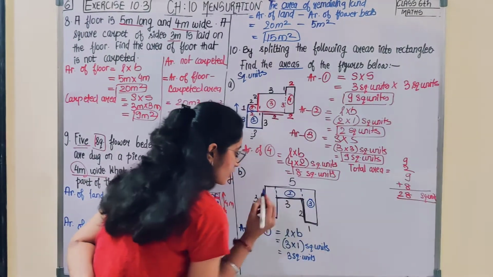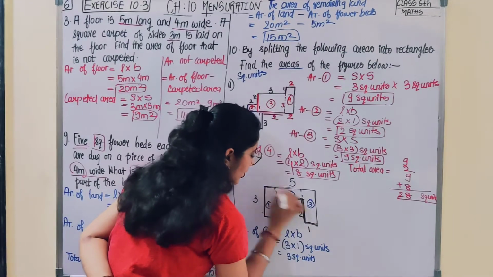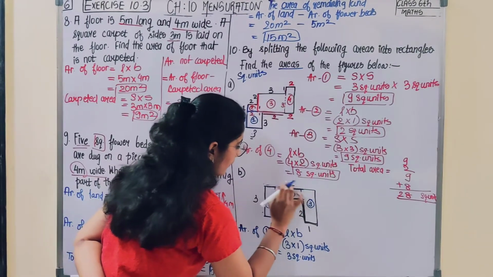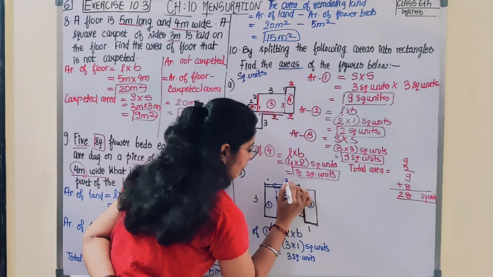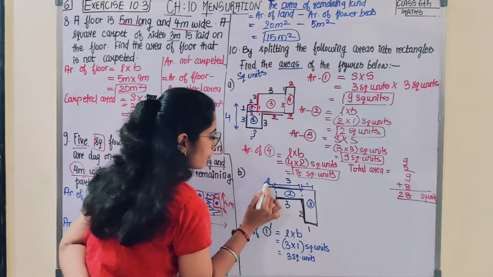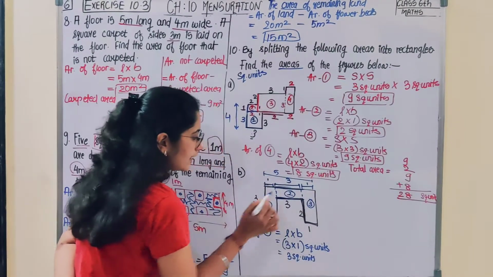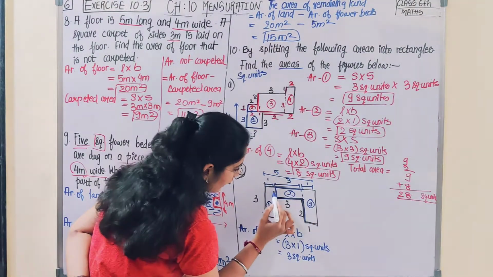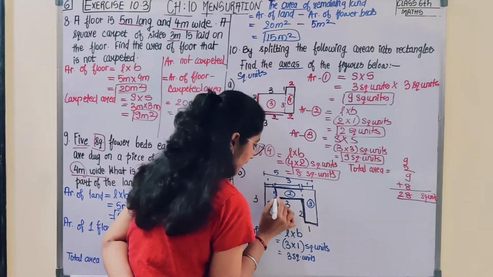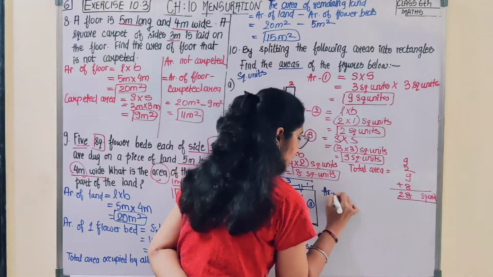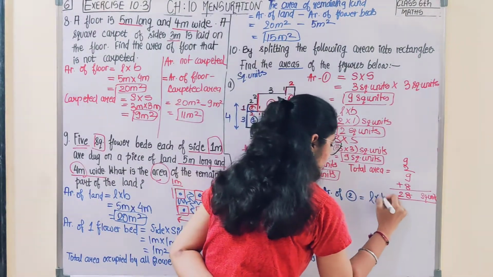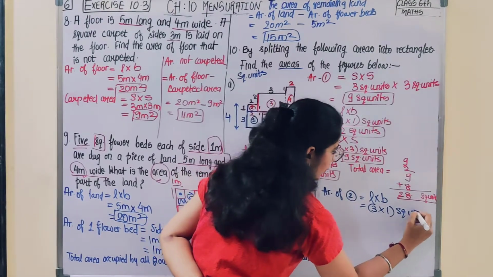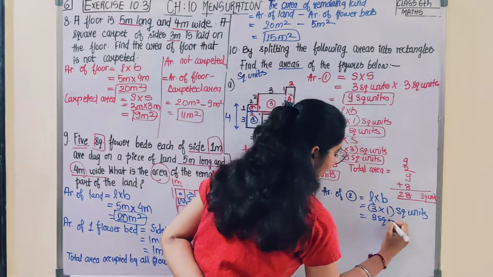Again, observe the second. You see, this is 3. This is total 5. तो ये इतना 3 ले लेते, क्योंकि यहाँ से देखो 1 तो निकल गया. ठीक है, तो ये इतना पोर्शन तुम्हारा 1, इतना पोर्शन 3, तो इतना पोर्शन 1. देखो 3 प्लस 1 4 प्लस 1 5, तो ये टोटल क्या हो गया? 5 हो गया. ठीक है, तो ये 3 ले लिया. अब देखो कि इतना मुझे लेंथ पता है, क्या दिया है? 2. तो ये कितना होगा? 1. ओके, सो ये जो है 1, ये है 3. तो अगर मैं सेकंड का देखूं, एरिया ऑफ सेकंड फिगर, तो होगा लेंथ इंटू ब्रेथ. लेंथ क्या है? 3 इंटू ब्रेथ क्या है? 1 स्क्वायर यूनिट्स. ओके, सो दैट इज 3 स्क्वायर यूनिट्स.